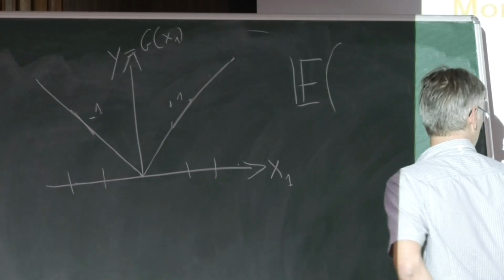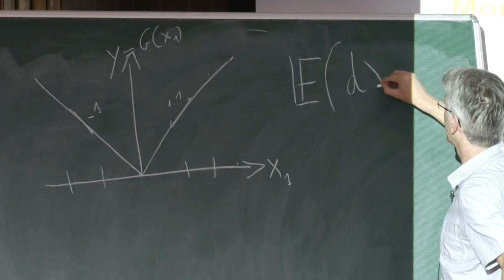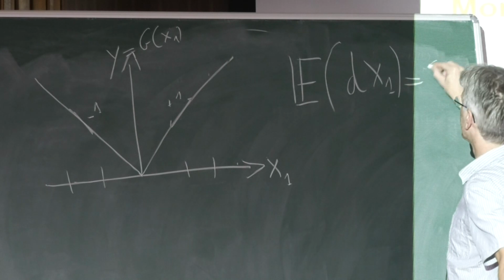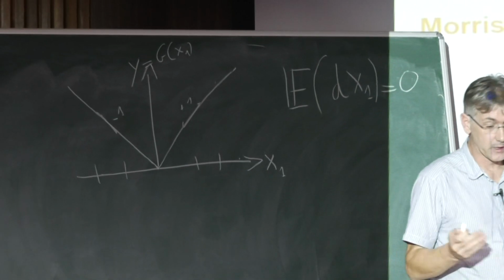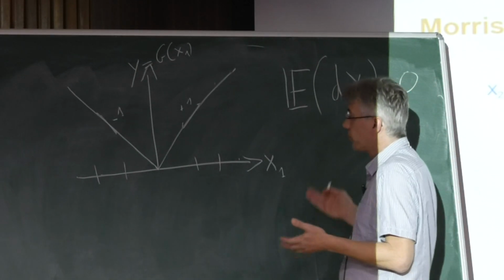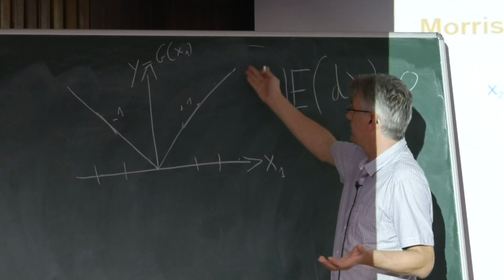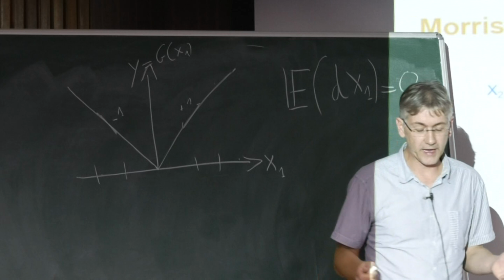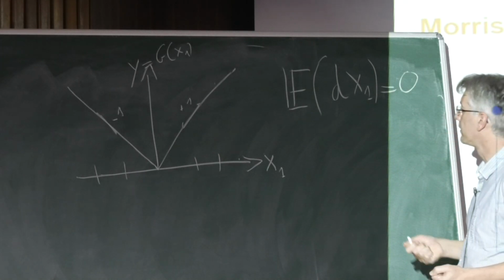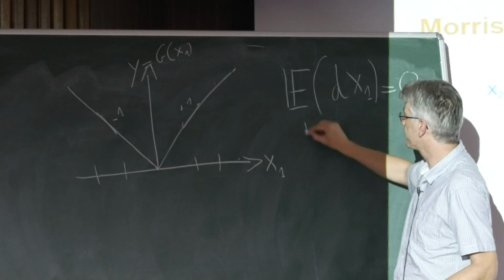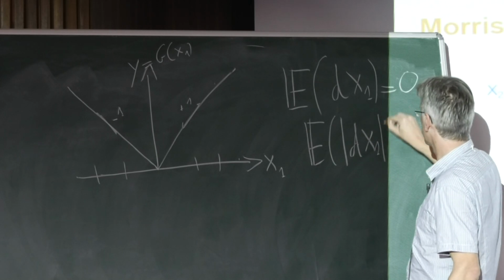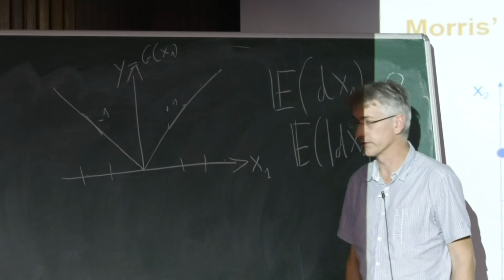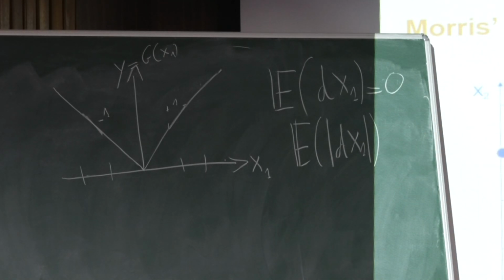and I don't put the absolute value, if I take the mean of dx1, I will have 0 because it compensates between the negative values and the positive values. It compensates, so I have 0 and I have some effects. So I cannot detect that x1 has an effect. This is why we just take the absolute value in order to avoid this kind of thing. Just a little detail, but it's useful to illustrate why we take this.